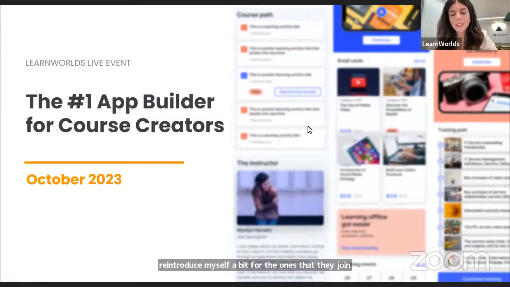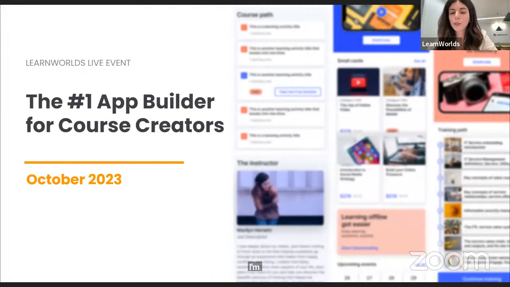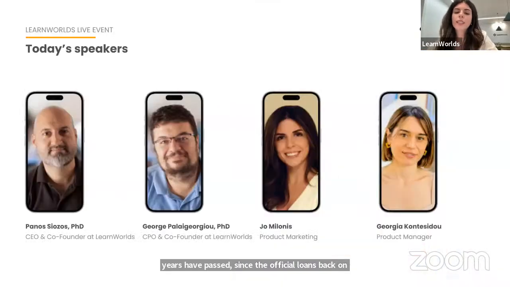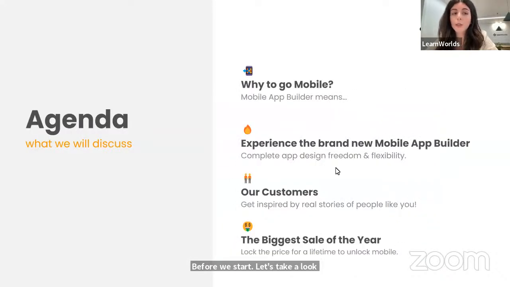I'm Jo Milonis, together with our co-founders today, Panos Chiosos and George Palegeorgiou, and along with our product manager for the mobile app builder, Georgia Kondesidou, we will unveil the brand new and upgraded capabilities of LearnWorlds Mobile App Builder, the first e-learning mobile app builder for course creators. 2 years have passed since the official launch back in October 2021 for this product that changed the game in the online learning industry.